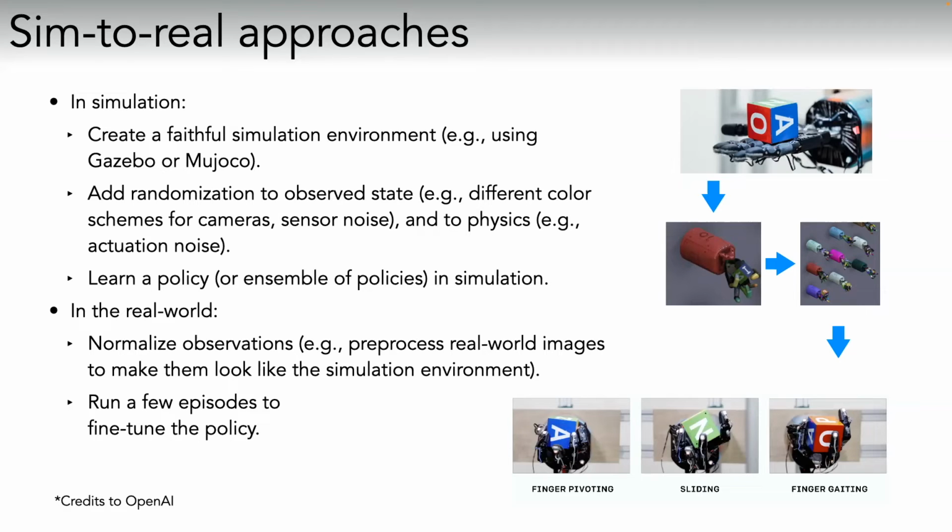We can just randomize over all the variables that we're ever observing in simulation, and then hopefully the policies will be able to deal with that. Sometimes you then have to take these domain randomized policies and fine-tune again on your specific scenario that you're running. But it turns out, at least in this particular scenario that they did, manipulating the cube in your hand, it worked really well. So it's a promising approach, and there is a lot of active research going into that.